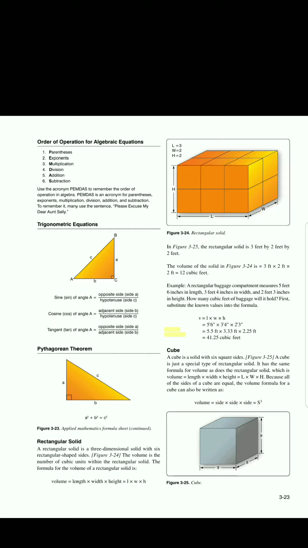Positive exponents, 10 to the 6th through 10 to the 0. A squared plus B squared equals C squared. Figure 3-23. Applied mathematics formula sheet, continued. Rectangular solid. A rectangular solid is a three-dimensional solid with 6 rectangular-shaped sides. Figure 3-24. The volume is the number of cubic units within the rectangular solid. The formula for the volume of a rectangular solid is